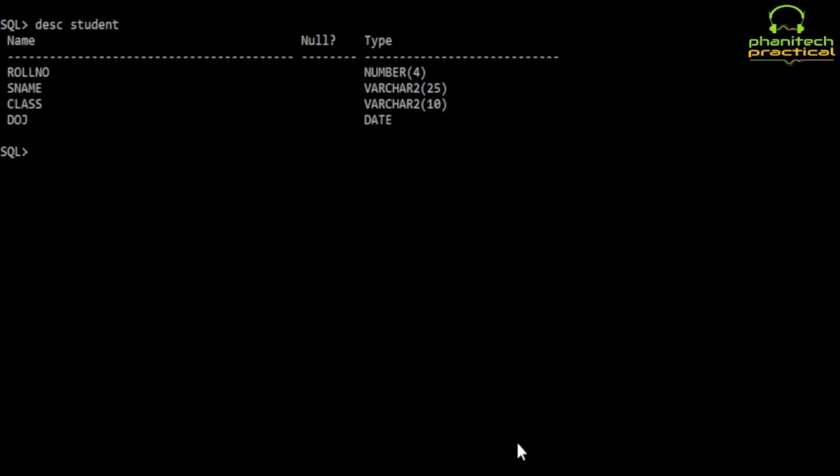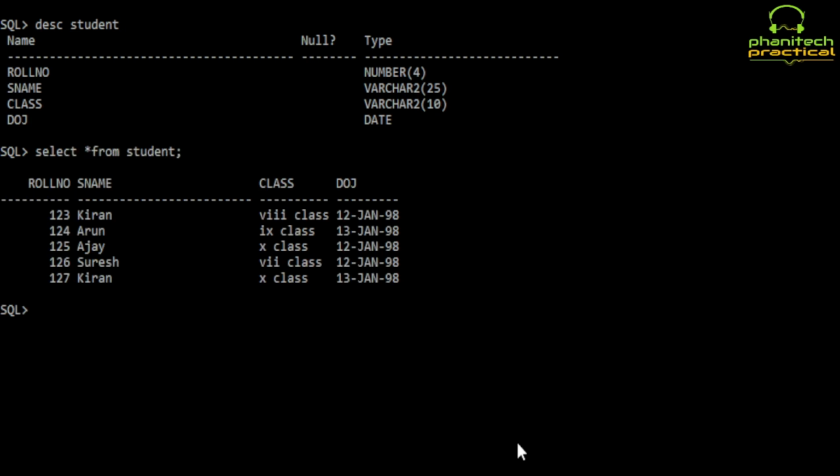Now what my requirement is, I want to add columns to an existing table, student. First of all, I have to see what columns are there. Already roll number, name, class, date of join are there, and there are some records. Now for this table, for this purpose you can use alter table. Table name is student. Your requirement is add, and